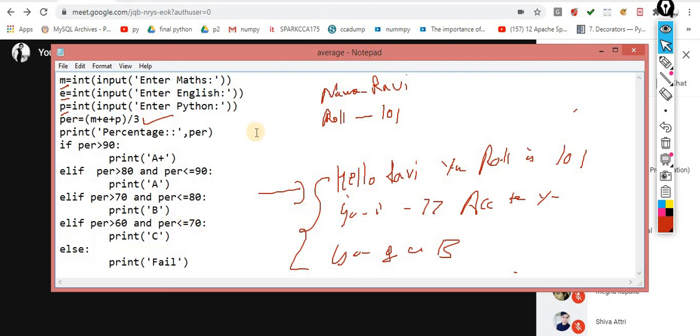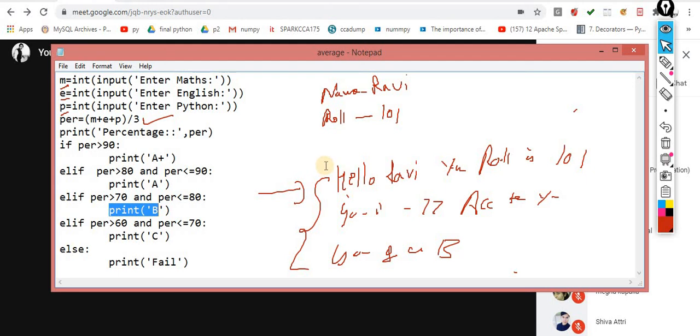Can you set a print command at the end of the final? Print command, yes, definitely. If I use one print, then how can I hold these values? The percentage, A plus, print A, B, C. I have to work somewhere around here, because in every statement it's simple, I am just printing the output on the screen. But this time my requirement has changed. After calculating each thing, at the end of this program you have to print one beautiful message to the user: Hello user, your name is this one, your roll number is this one, and so on. So how will you handle this situation?